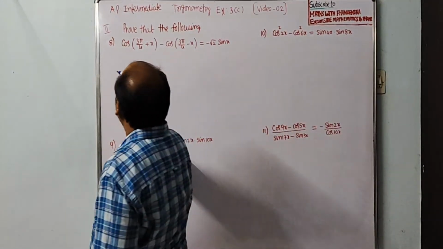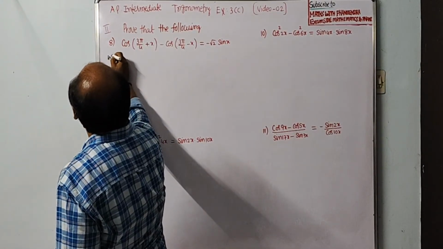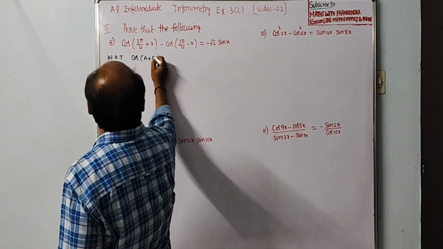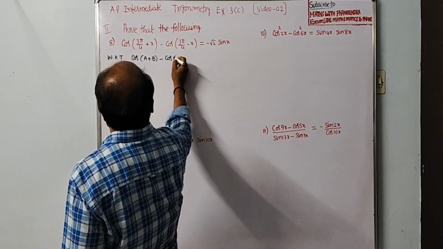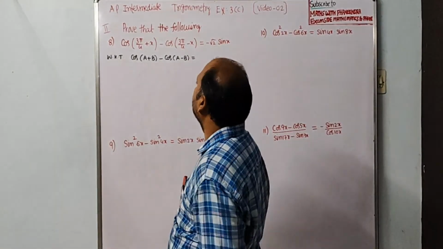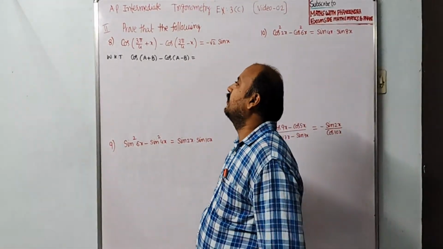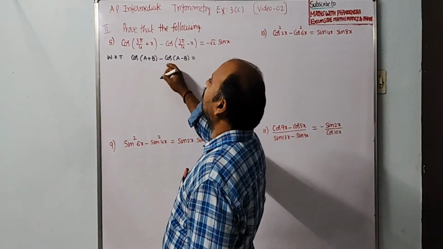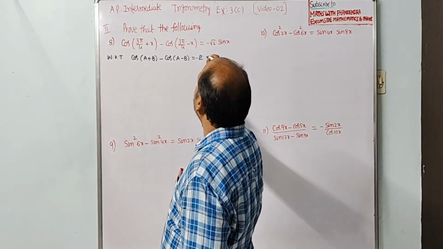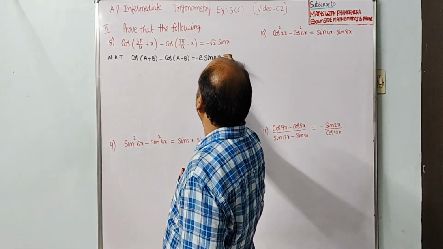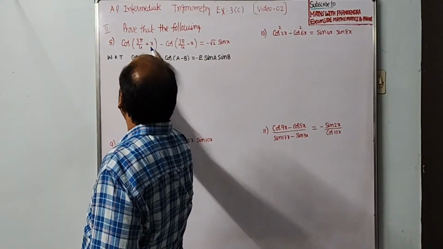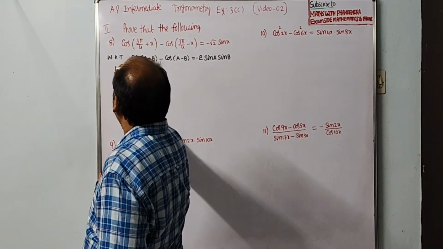Here we have the formula. We know that cos of a plus b minus cos of a minus b is equal to minus 2 sin a sin b. So this is a, this is b, no? Therefore LHS